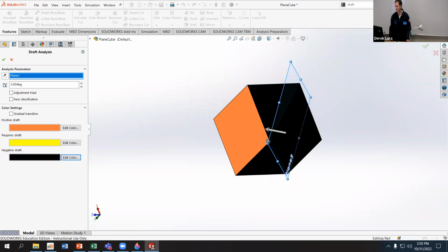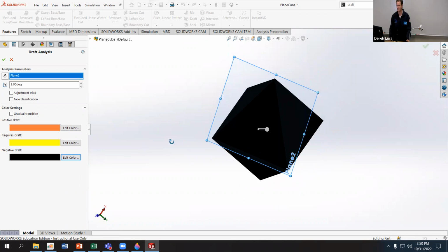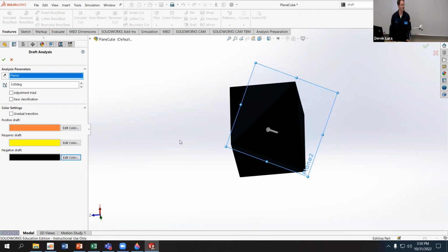Now they're all orange and black. Orange and black, orange and black. Now they're Halloween colored. Doesn't really matter. Point is that all of them have a draft angle that is appropriate for the direction of pull, where it's positive on one side and negative on the other side. You really only need about a 2-degree draft angle. These ones are,